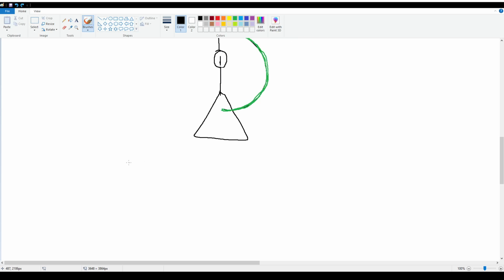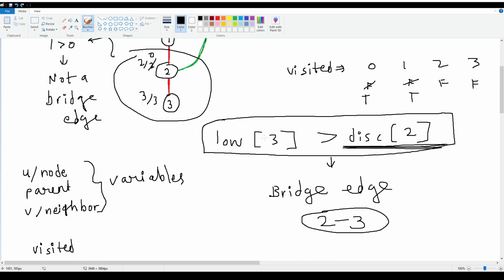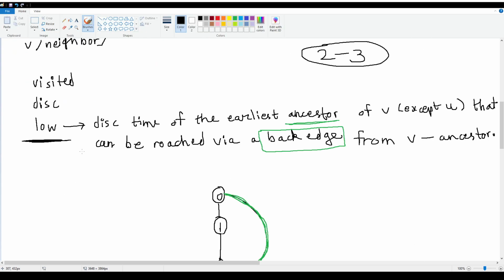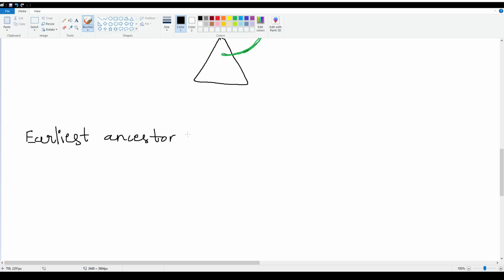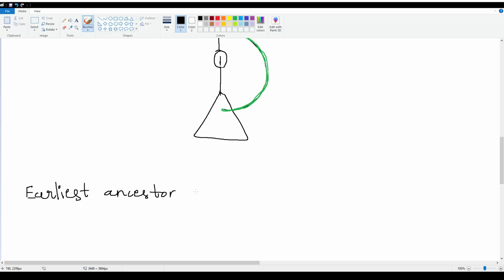Let me write it like this: earliest ancestor. Let me copy the condition as well. I have not directly written it. Okay, I will just paste it from the code. Earliest ancestor